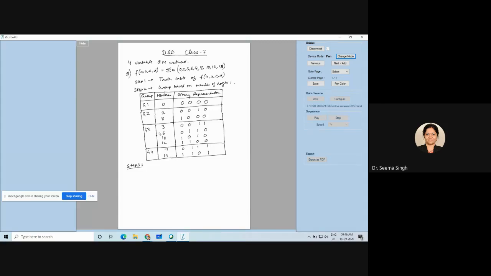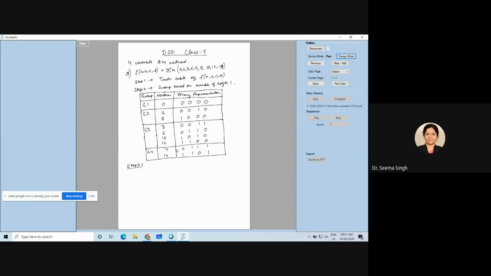When you come between group 3 and group 4, which all will be there? 3 to 7, 3 to 13. Next 6 to 7, 6 to 13. Next 10 to 7, 10 to 13. Next 12 to 7, 12 to 13. So many pairings may be possible, so we need to list out all. The procedure is same as 3 variable, but it will be only lengthier because it is a 4 variable question. So let us start with the pairing now.